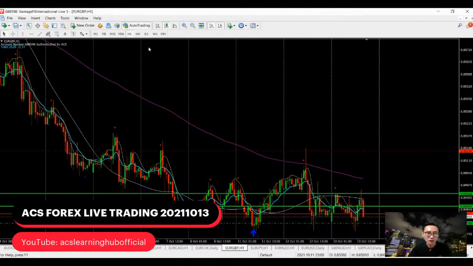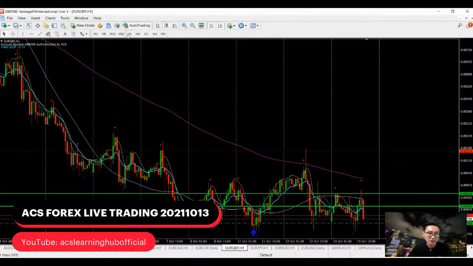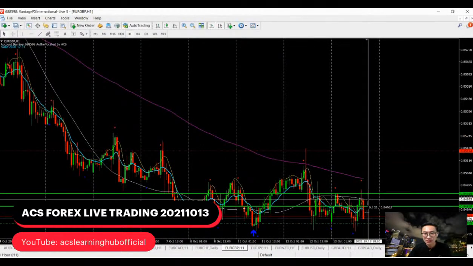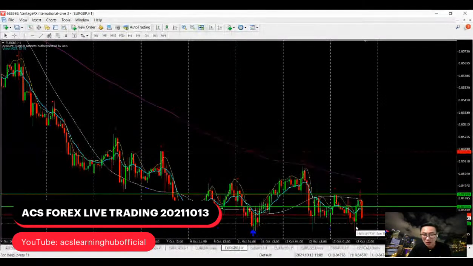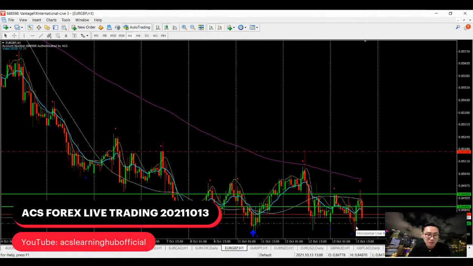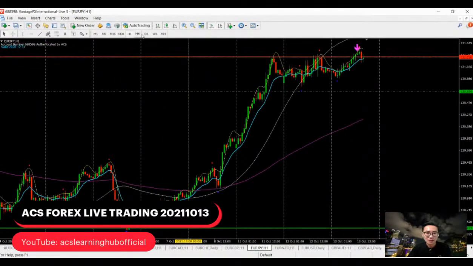Euro pound. We are still on the support. Yes, today we do experience some selling from this part of the resistance to here, but you can see the selling until now is still only about 16 pips in one whole day. Can you imagine? It's euro and pound, they are big players in the market. So no, I will just stay away. The volume is too low.